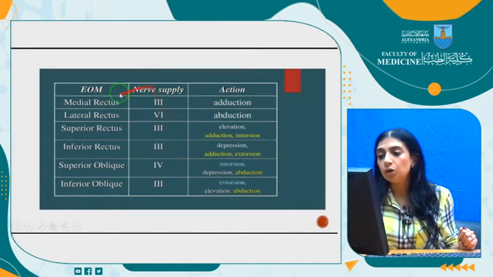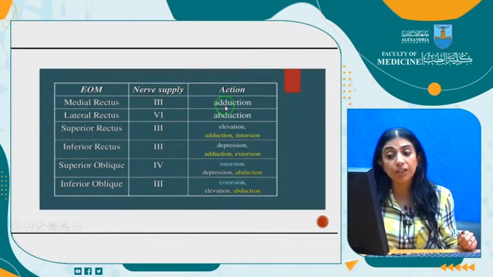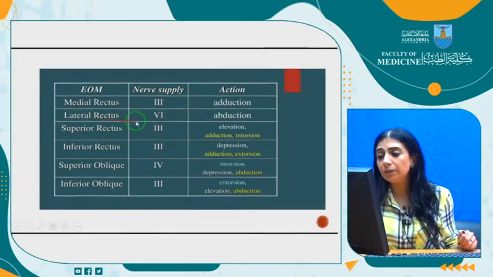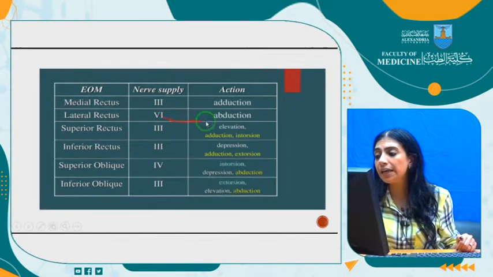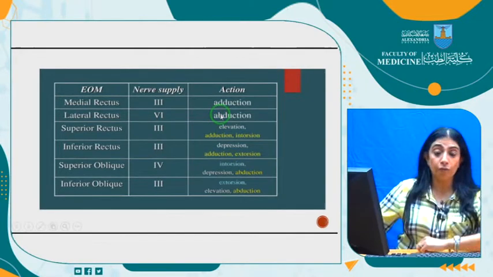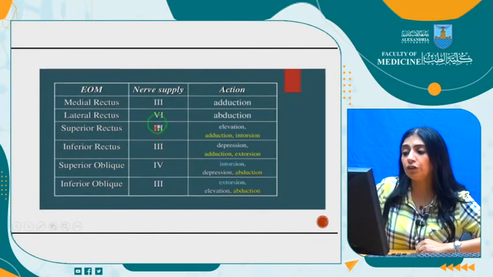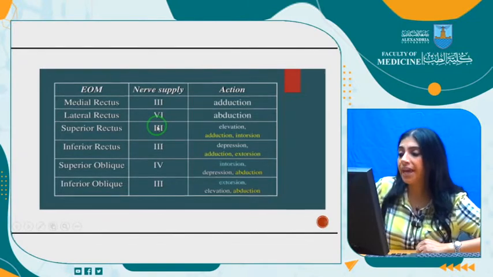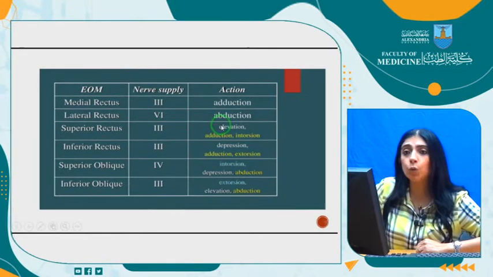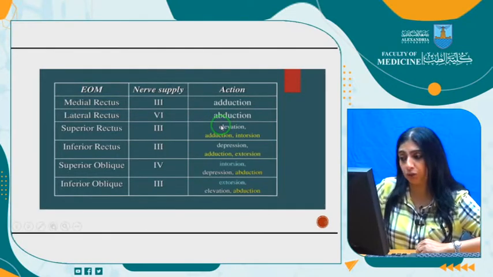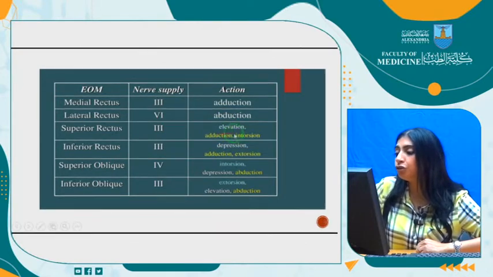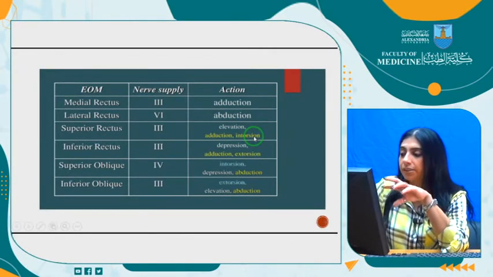The medial rectus, which is supplied by the third cranial nerve, is the main adductor of the eye. The lateral rectus, which is supplied by the sixth cranial nerve, is the main abductor of the eye. The superior rectus muscle, supplied by the superior division of the oculomotor nerve, has as its primary action elevation of the globe in the abducted position. A secondary action is adduction, and the tertiary action is intorsion, which is tilting of the